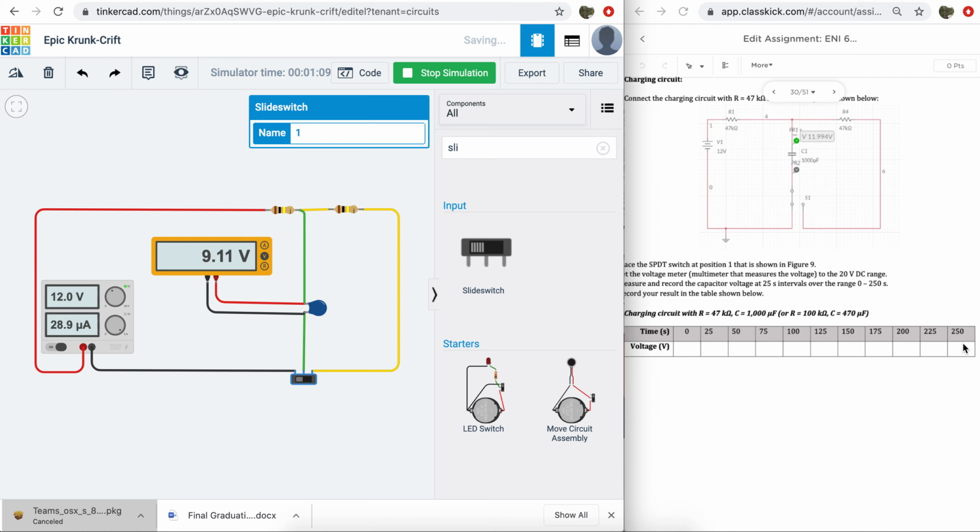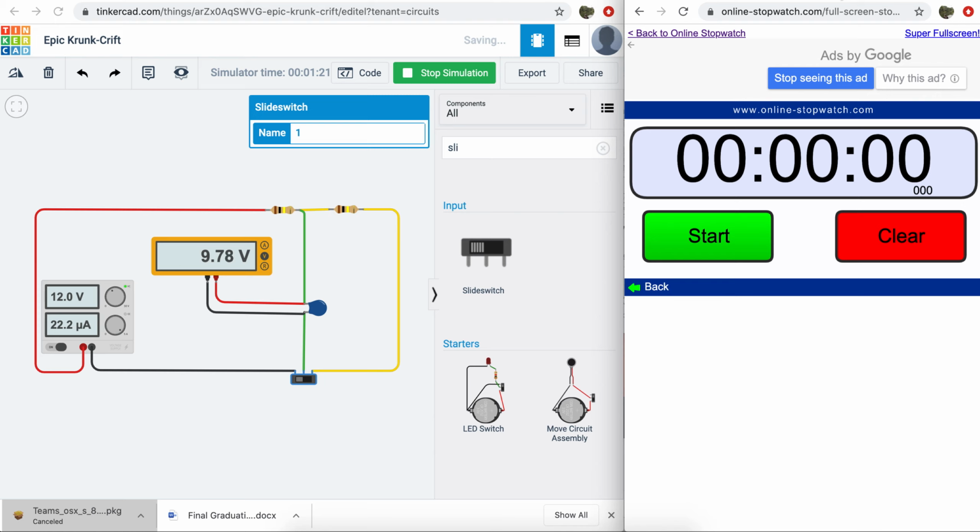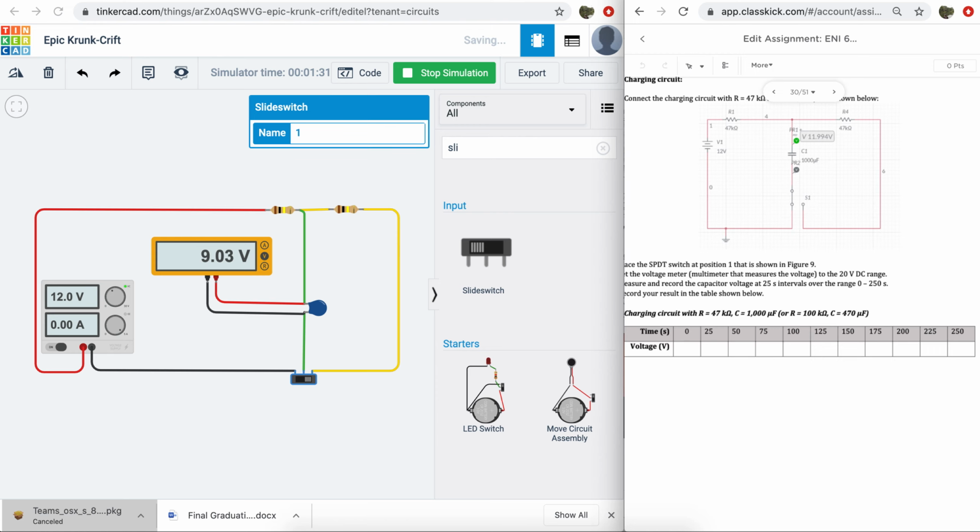You need to convert it into minutes to know how 250 seconds is in minutes. Then do not stop your simulation. When you reach this value, go to your other timer, start it, and quickly change your switch. Now the capacitor is discharging, and we can now complete the other table